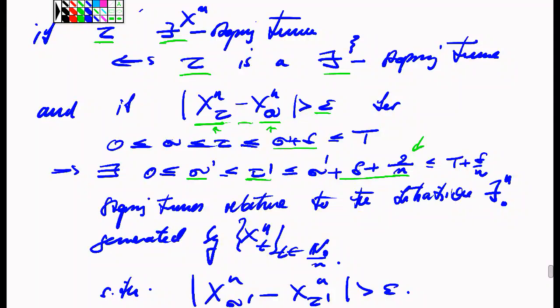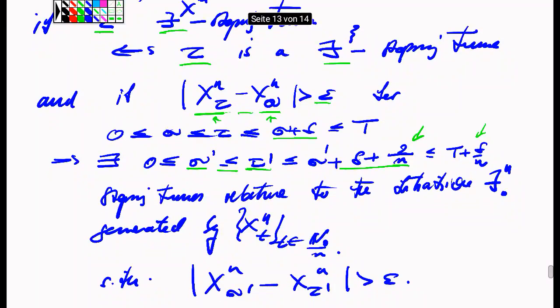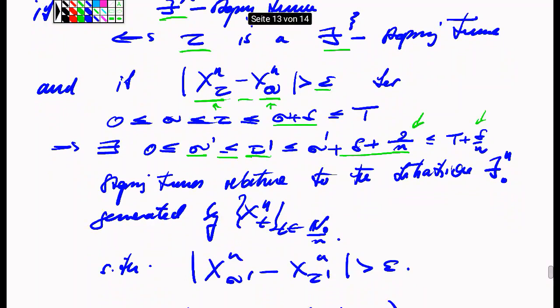So we need to modify the stopping time a little bit and move forward or backward in time in order to find the corresponding grid point, which means that we now have stopping times which assume values on the corresponding grid, which are no further away than 2 over n, the maximal jump size of the grid of time points on which we actually work, and which are no bigger than t plus delta over n, such that the same difference is obtained, right? Such that these two different